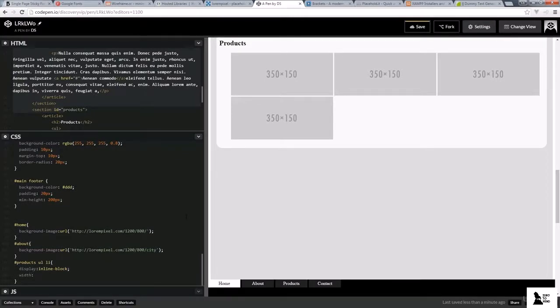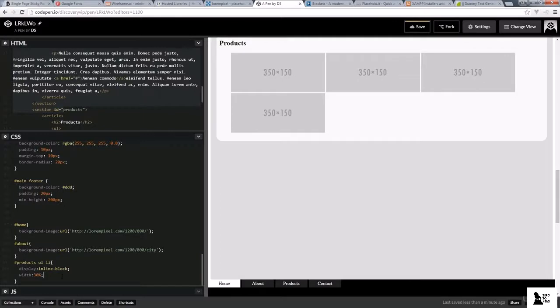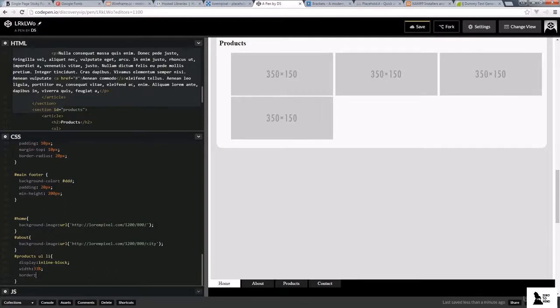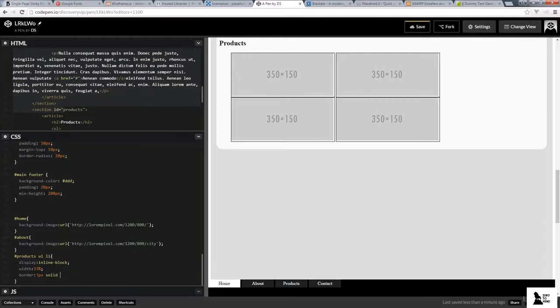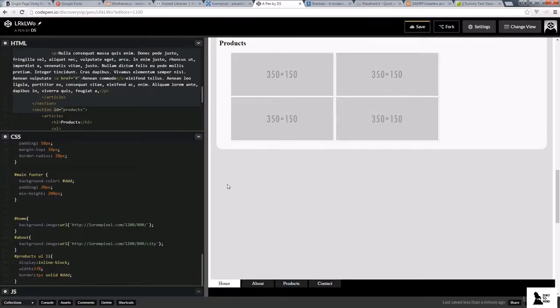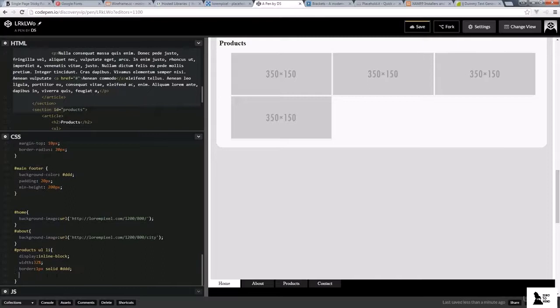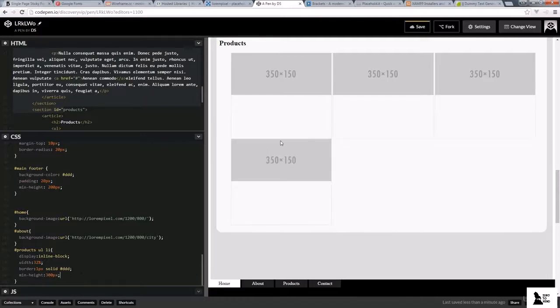There's width, so now we can set a default width to them. If we want them roughly around a third across, we can set them to a default width of 30% or even 33%. I'm going to add in a border around it, 1 pixel solid, and we're going to make it a really light border. I'm going to shrink this down even more, and also give it a minimum height